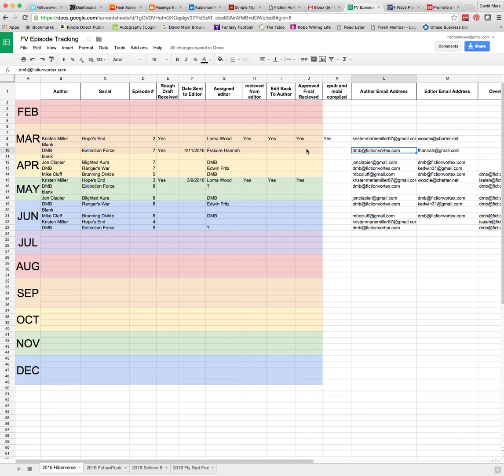And then when we get that back, the approved final from the author, we could put yes here. And then as soon as one of us compiles the EPUB and the MOBI, you can put yes here. And then that finalized EPUB and MOBI would need to go in the appropriate Dropbox folder. And so the Dropbox folders will need to be coordinated. We have a Dropbox folder for